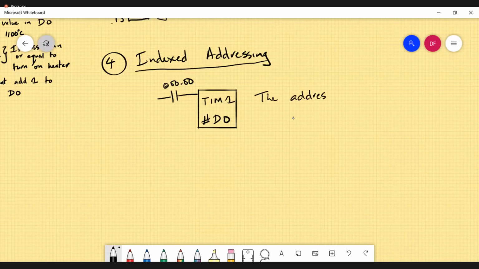The address where the value to be operated on